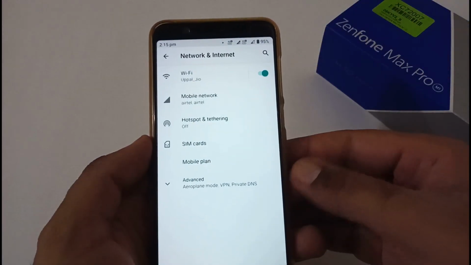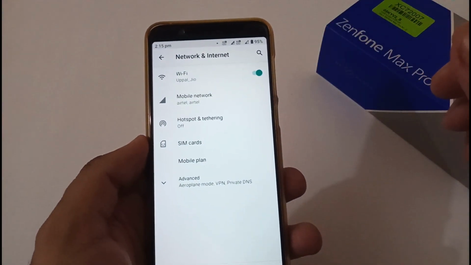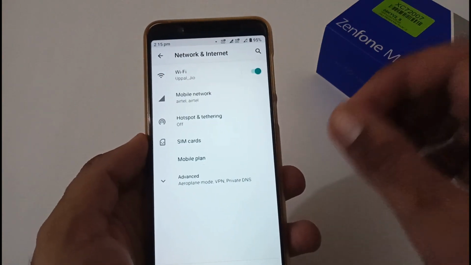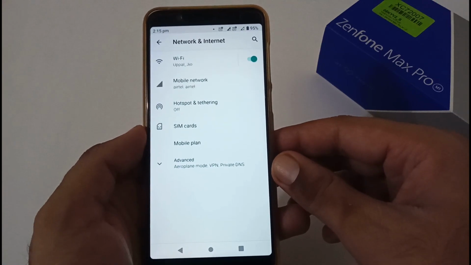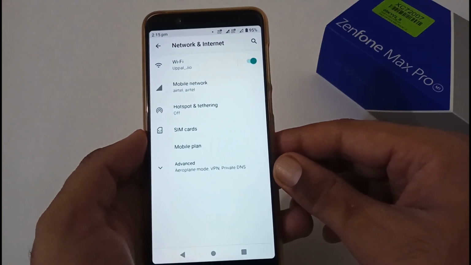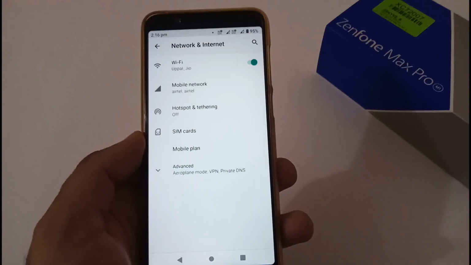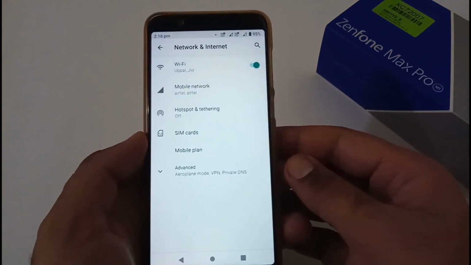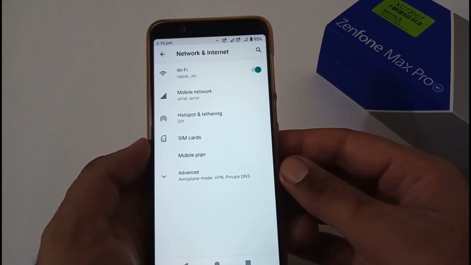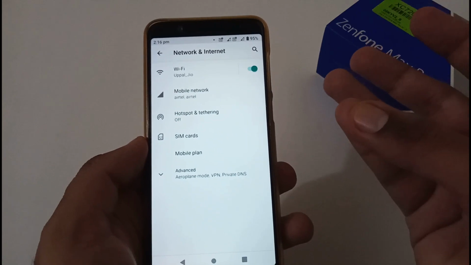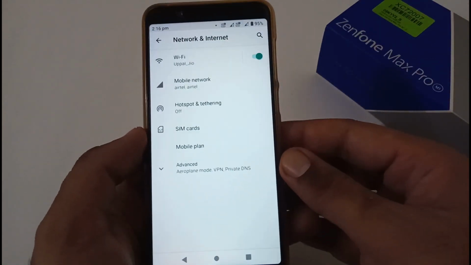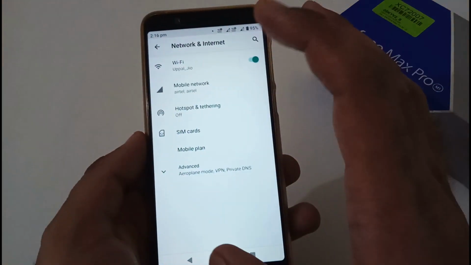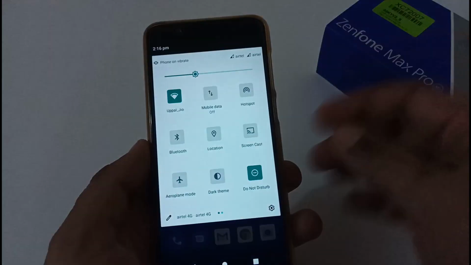Now let's move to network and internet. So from the Wi-Fi calling perspective, it is available for Jio and still not available for Airtel. Not sure whether it will ever be available on our phone for Airtel or not. Apart from this, there is no provision for native video calling, no provision for call recorder. But the good thing is that Wi-Fi connectivity, mobile internet, SMS, call, all are working absolutely fine without any glitch, without any problem.